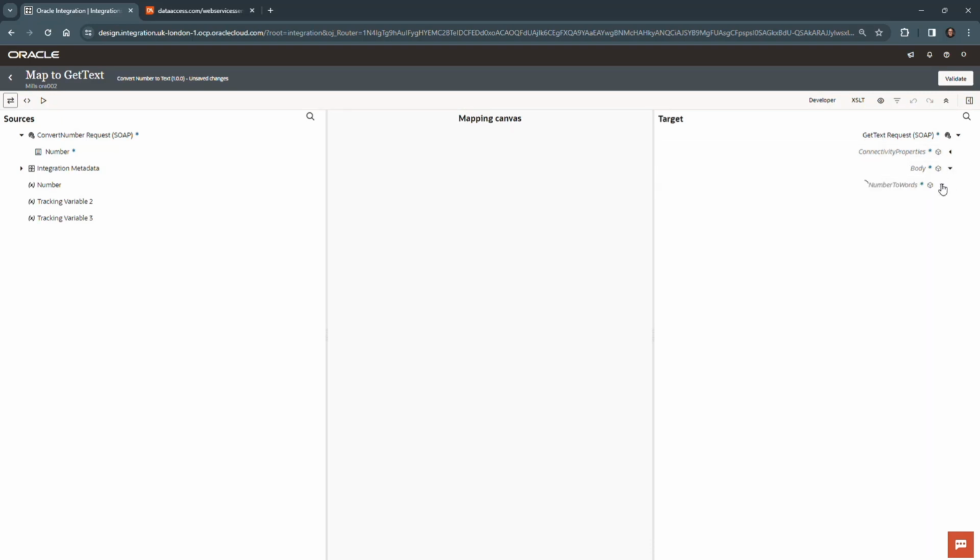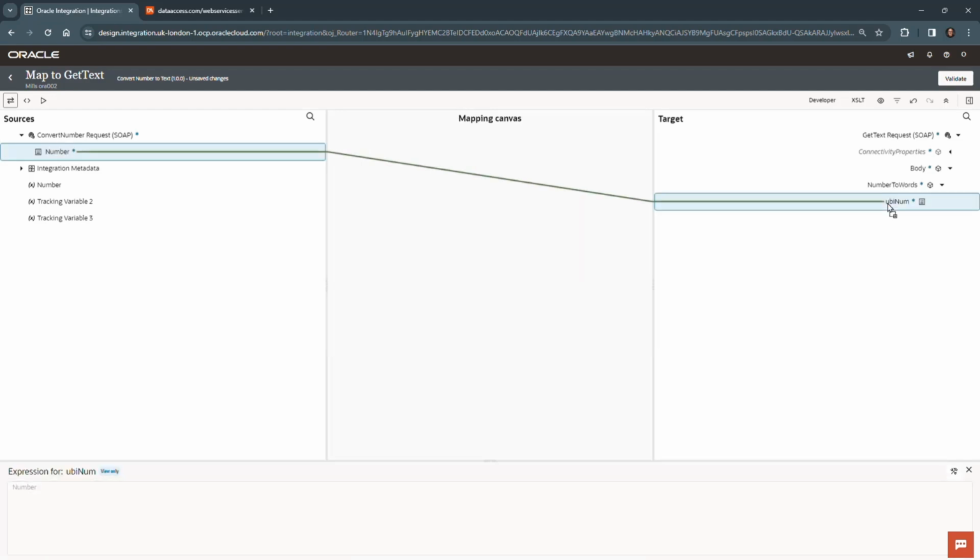We can see that there is a number to words within the body, and within that there's a UBI num value that needs to be mapped. So where we're going to get that value from is back here in the source on convert number request that came in, and we're going to take the number that was provided by our client, map it to there, click on validate,